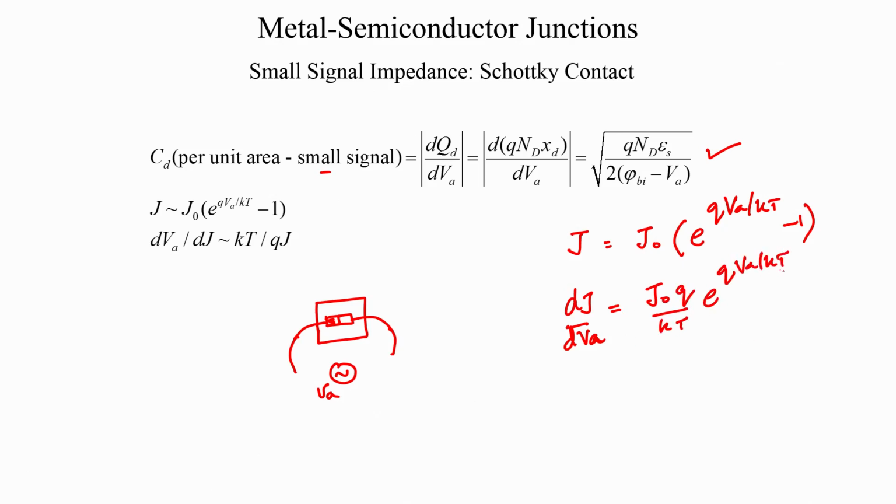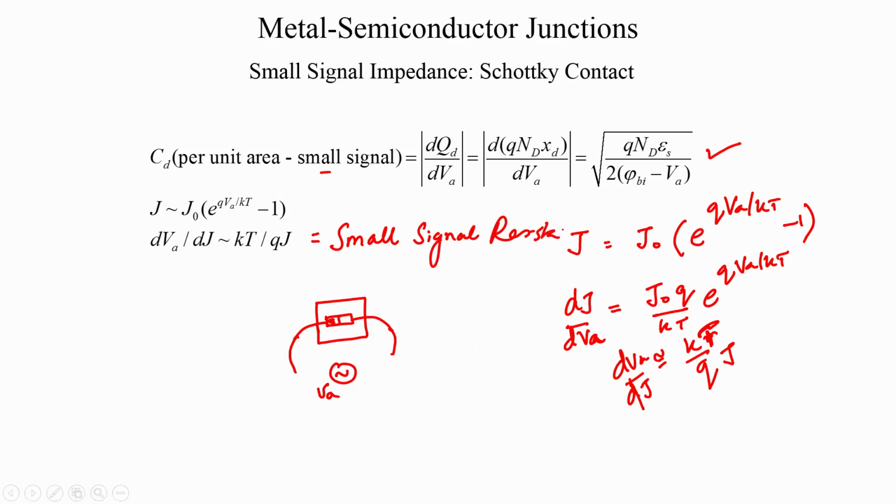Okay. And if it is in forward bias, this term would dominate, and therefore, in forward bias this would be dJ by dVA, which implies that dVA by dJ, which is basically the resistance term, is approximately kT by q, that is the thermal voltage, divided by J naught into e to the power qVA by kT, which is approximately your J. Okay. So, therefore, we just say it is of this order. It is essentially a diode, and we are looking at the small signal resistance of the diode. So, this is the small signal resistance,